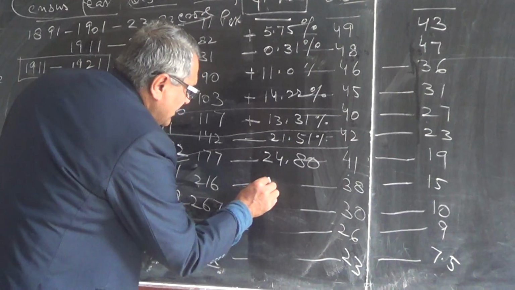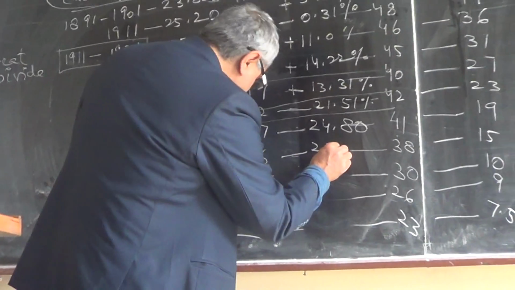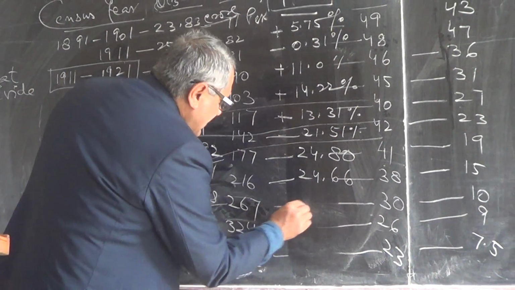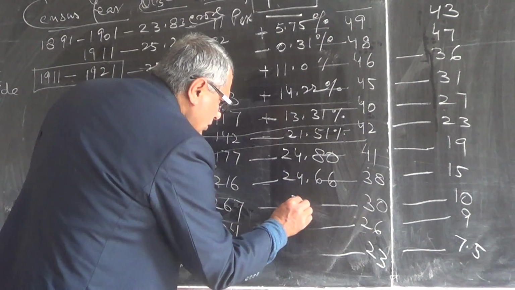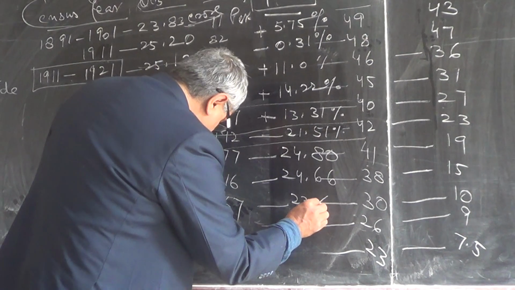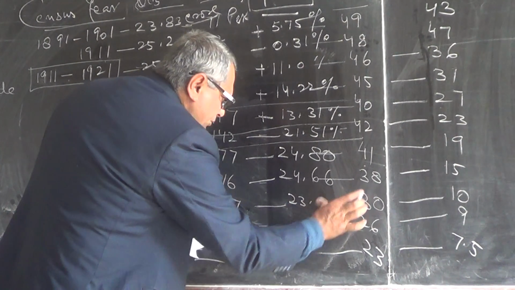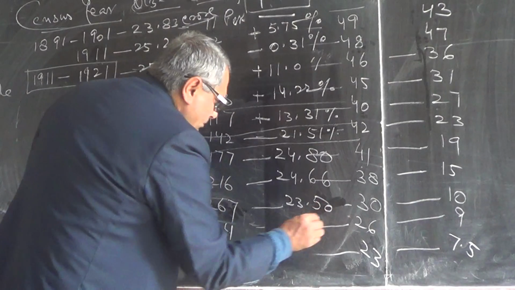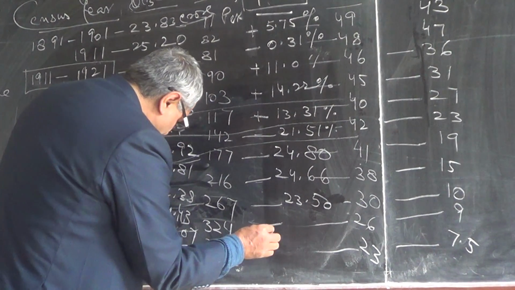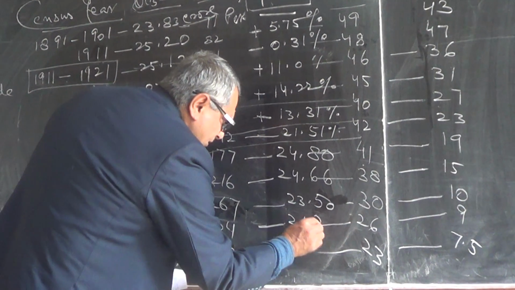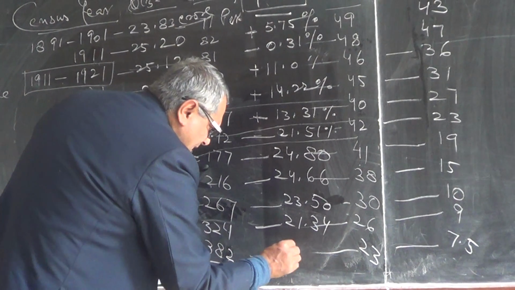And in 81 it was 24.66, and in 91 it was 23.50, and this is 21.34, and currently we are having